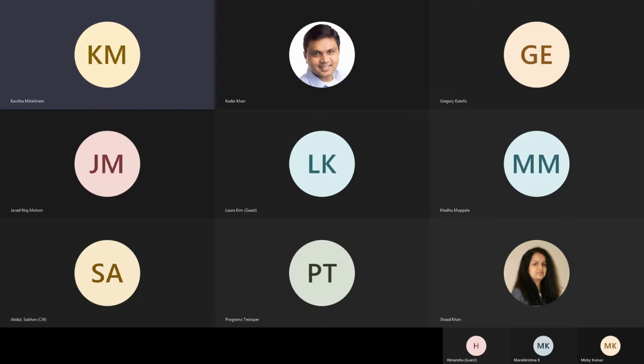So we were supposed to do actuator last week, but we didn't cover it. We'll do the actuator now. Spring Boot actuator is the feature which Spring Boot gives for monitoring and managing the Spring Boot application.